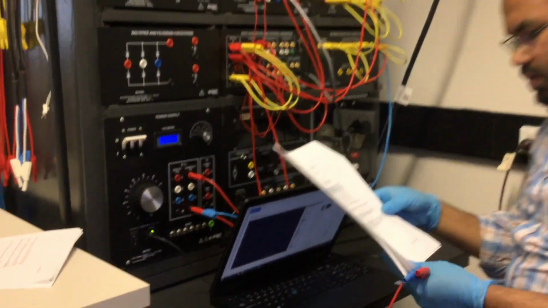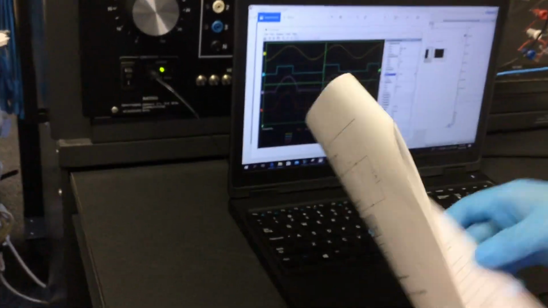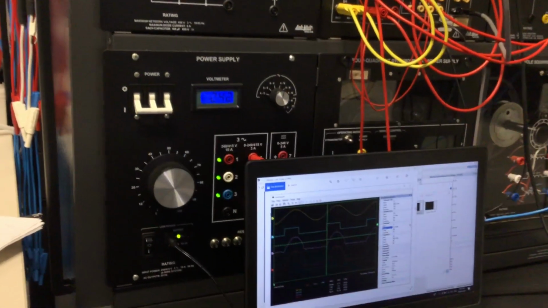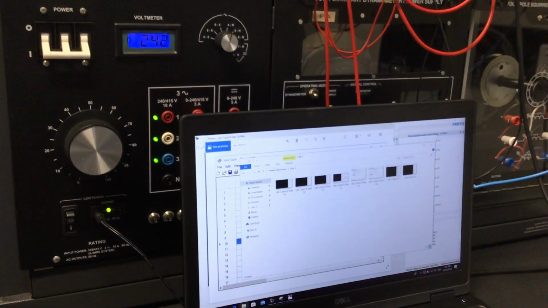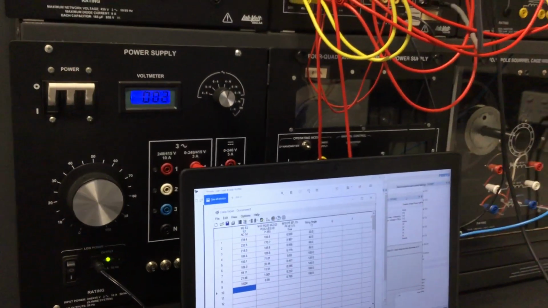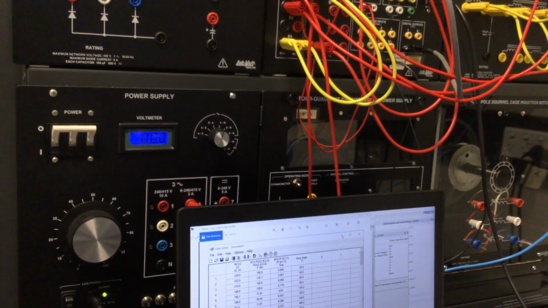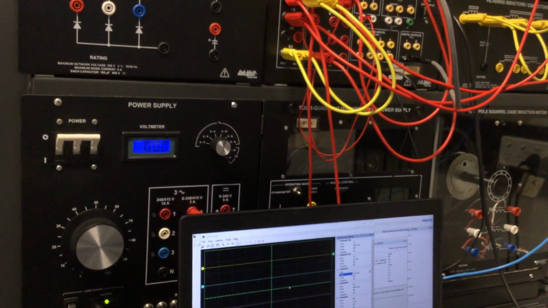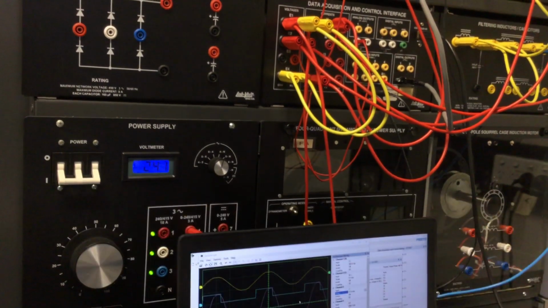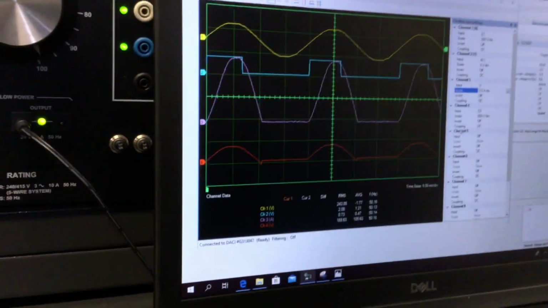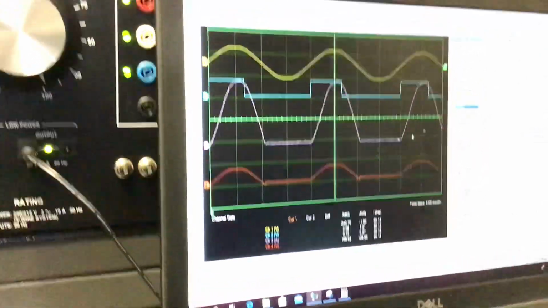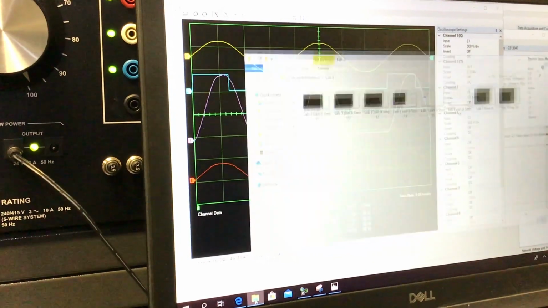So all the setups are the same. We just need to check from the graph. Now you see there are some changes in the graph.